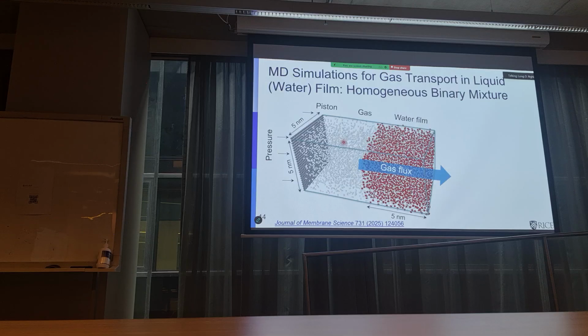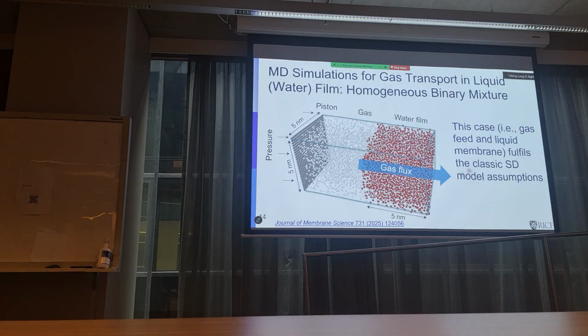And then you have gas here, and we apply pressure. Again, in molecular simulation, you'll see later when we simulate reverse osmosis, you put a graphene sheet, as you see here, and apply pressure to create force. And here, for the molecular simulation, we assume there is vacuum: every gas molecule that reaches the end, you remove it and count it. And then there is always nothing there. So you just remove them, so you can count how many gas molecules go through. So this case, gas in a liquid membrane, fulfills all the classic solution diffusion assumptions